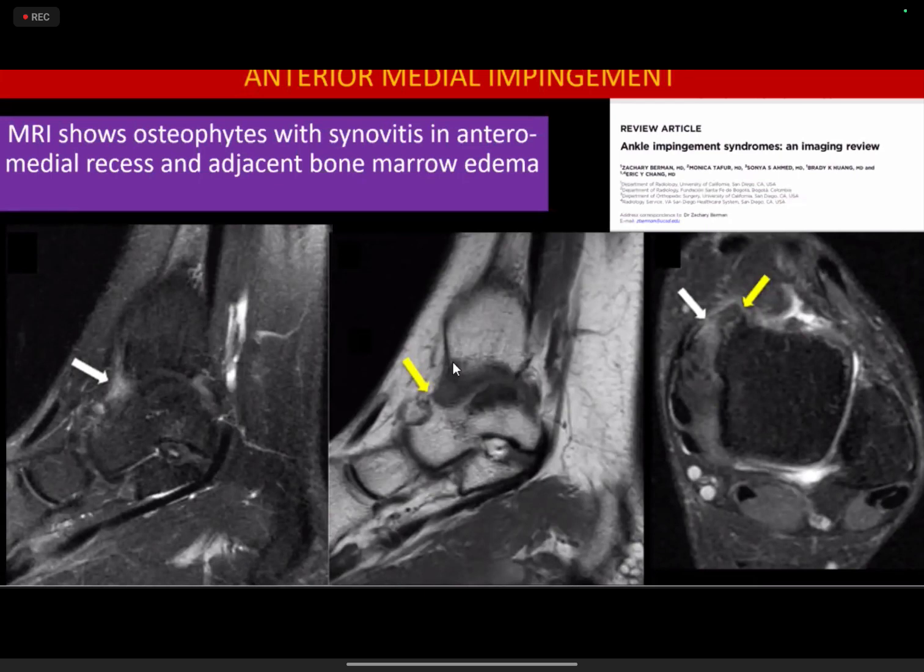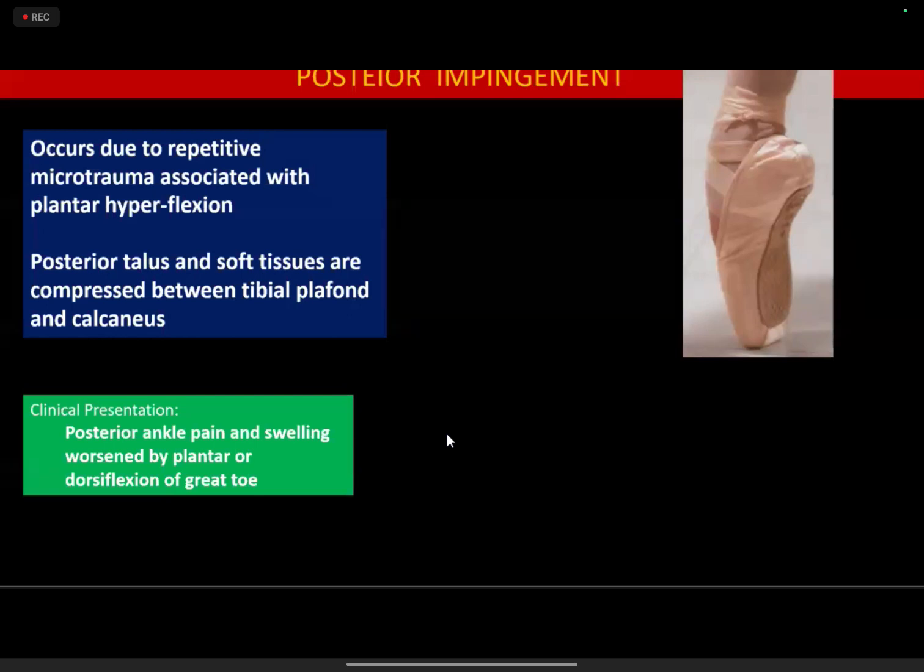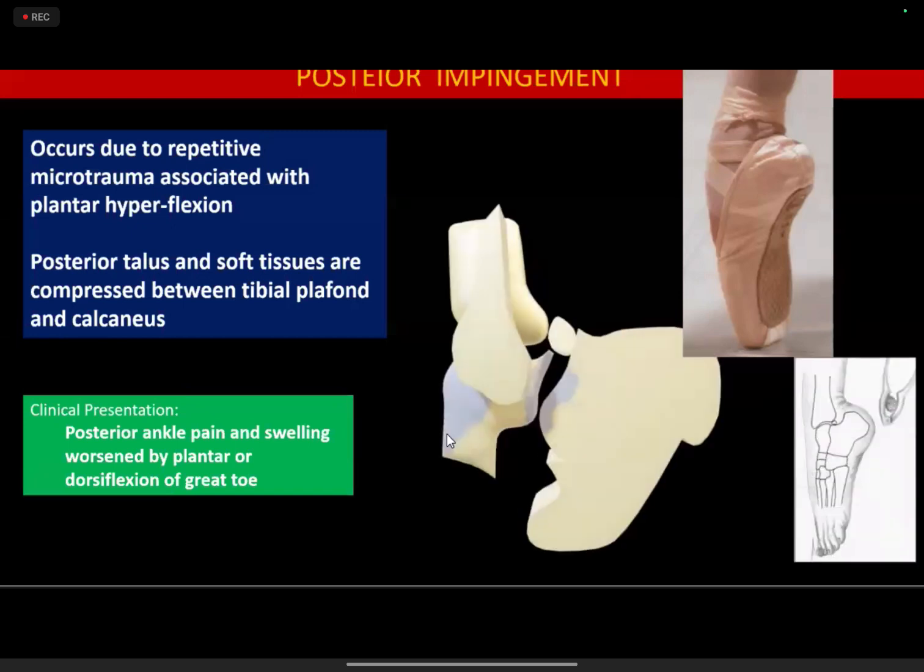We are seeing obliteration of the recess with presence of hyperintense soft tissue along the recess or gutter, which is causing anterior medial impingement. A very common type of impingement is posterior impingement. It can occur due to repetitive microtrauma, or it is associated with plantar hyperflexion